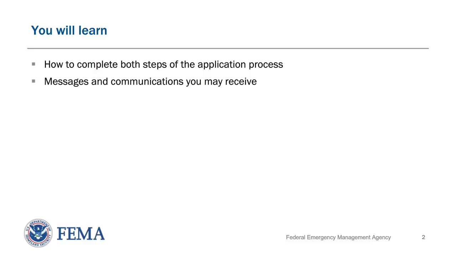In this video, you will learn the two-step process required to apply for FEMA Preparedness or Mitigation grants. The process begins at grants.gov and continues in the Non-Disaster Grants Management System, otherwise known as ND Grants. You will also learn about the communications you can expect to receive from FEMA, grants.gov, and ND Grants during the